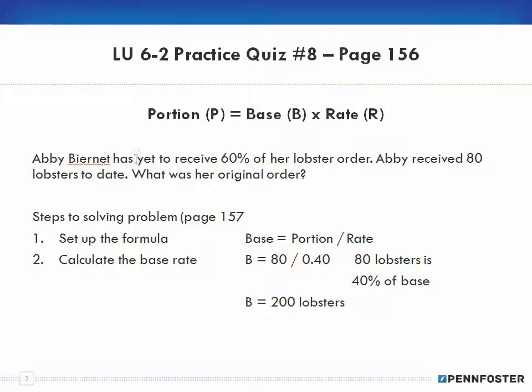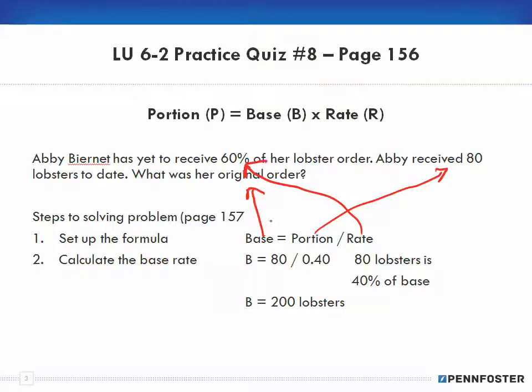Okay, so we have Abby Burnett has yet to receive 60% of her lobster order. Abby received 80 lobsters to date. What was her original order? And in the book, it says steps to solving the problem. We set up the formula: base is equal to portion divided by the rate. So the question is, what's going to be the base? Well, the base is the original order, and that kind of makes sense, right? And the portion by the rate. So now we're going to calculate the rate. Well, my portion is 80 lobsters to date, and my rate is